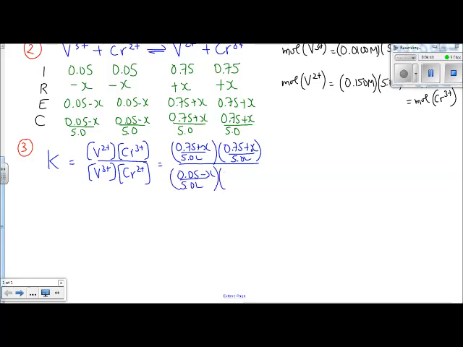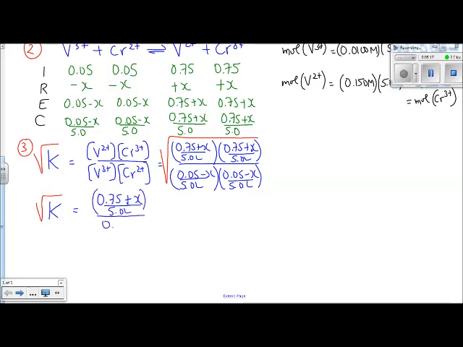But in this case, if you're sharp-eyed, you see that there is going to be a shortcut. So you look at the equation, how can we remove what is otherwise an inevitable X squared to appear in the equation? And the trick is going to be to take the square root of each side, because if we take the square root of that equilibrium expression, we will remove the x squared. We also have to take the square root of the K value, of course. But the square root of the right side of the equation would simply be 0.75 plus x divided by 5